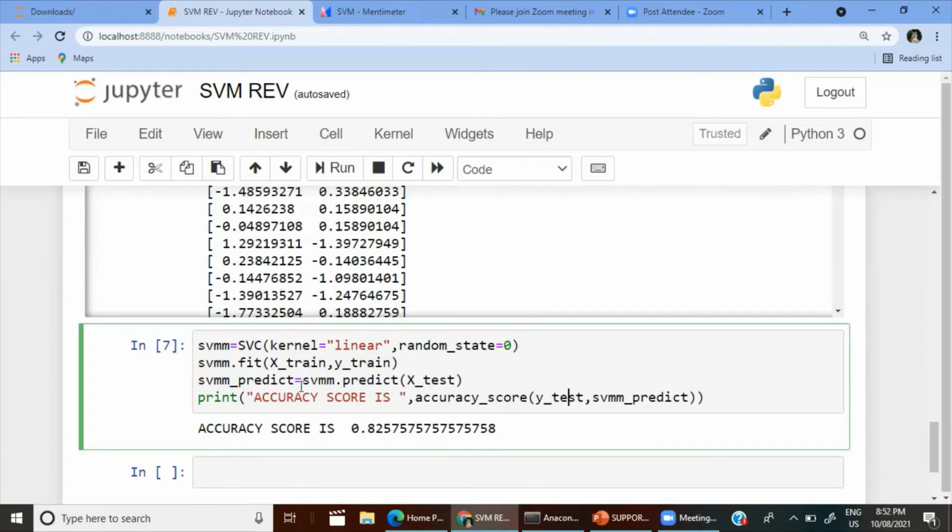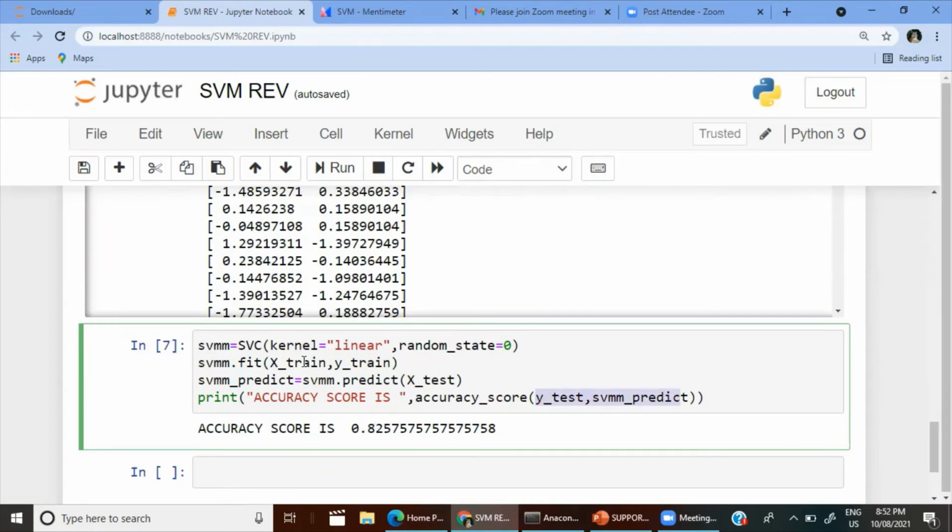This is our predicted value. And if you check, the accuracy score is 82%.